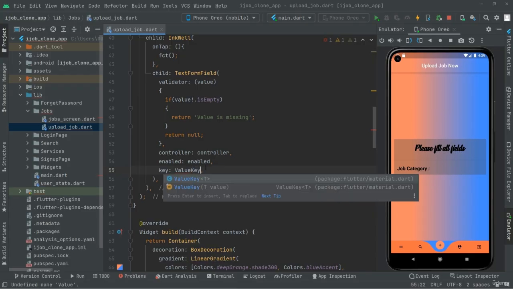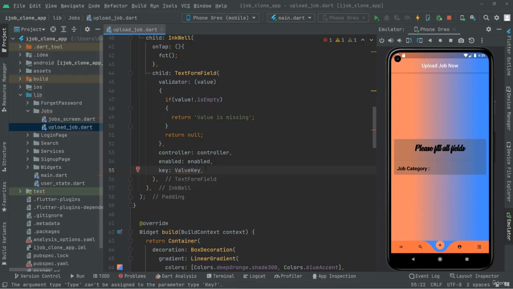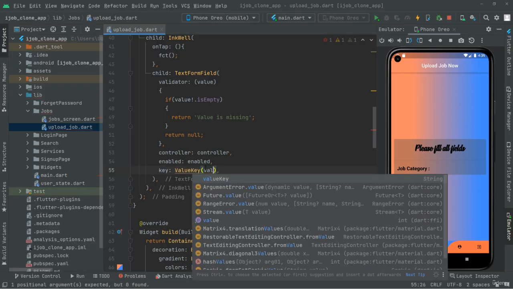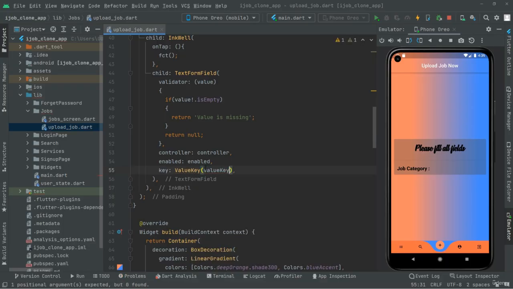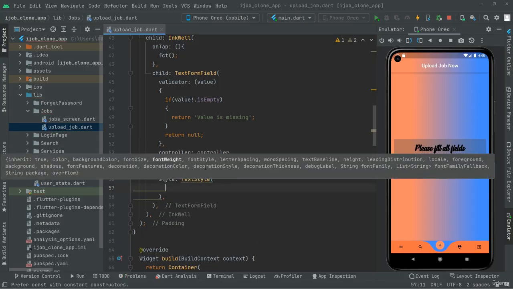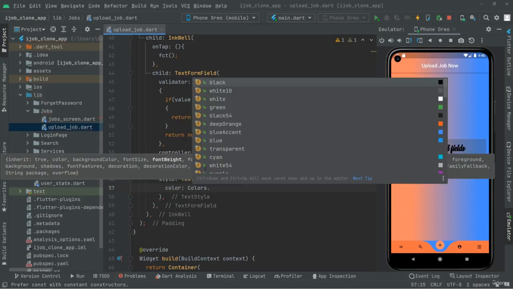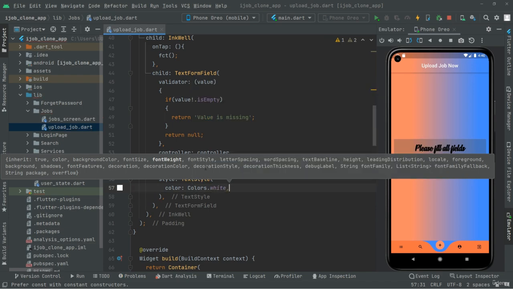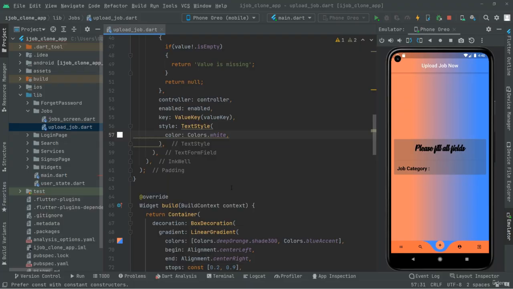So value key, and right inside that we're gonna have that value key that we just created right above. And then let's do some style, text style as usual. In there we will set just the color. We will go with a white, just white. In here add the const modifier,